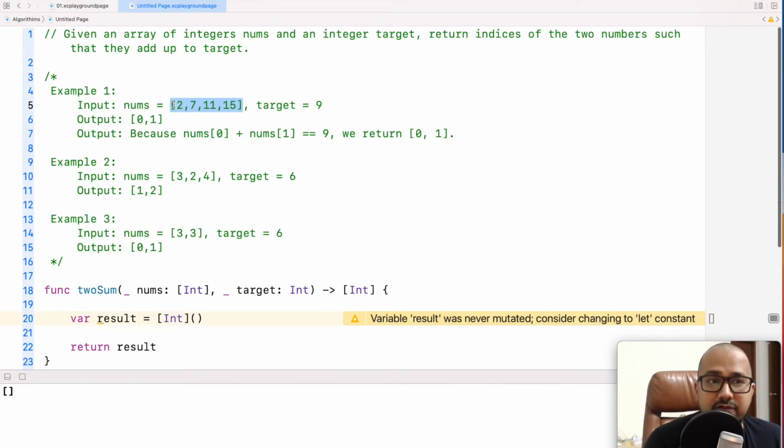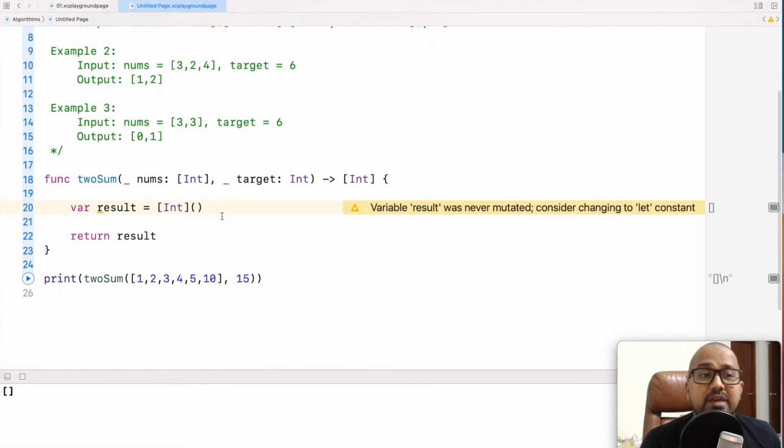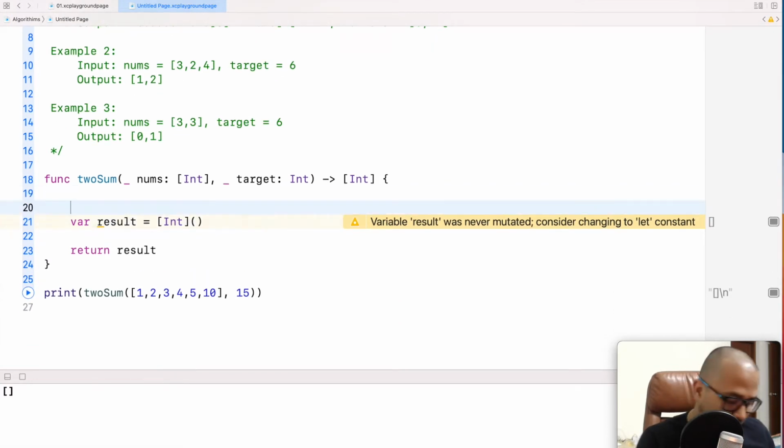If I have this array, I can have one loop which will run through every element, and an internal loop which will run from index plus 1. So say my outer loop gives me value 2, then the inner loop will start from index plus 1 and go till n. That's how I can get the sum. But we'll see if we have any other better approach. A better approach could be to make use of a hash map. Let me explain. I'll write the code and see if I can explain it clearly.